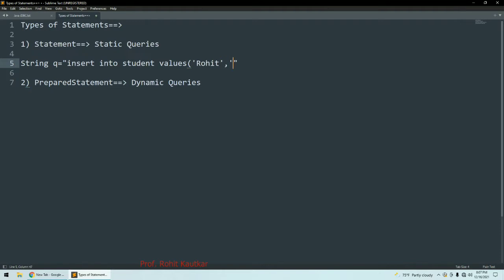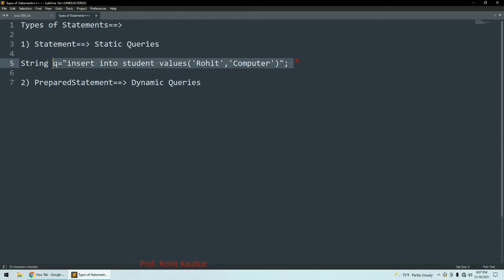Let's say my name is Rohit and my branch is computer. This kind of query is called a static query, because these values are fixed. If I execute this query one time, or 20 times, what is going to happen? These two values are going to be inserted within my student table.